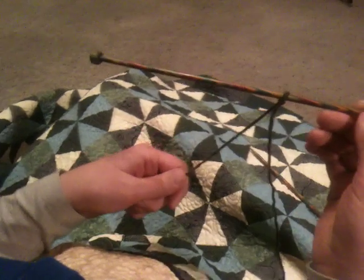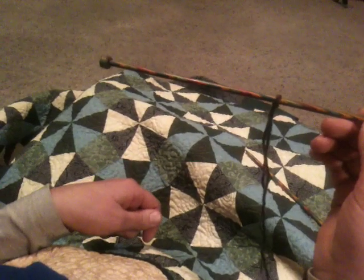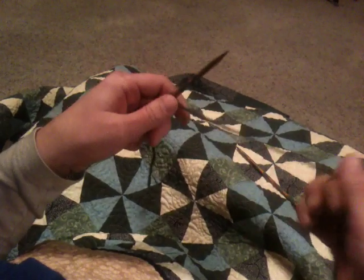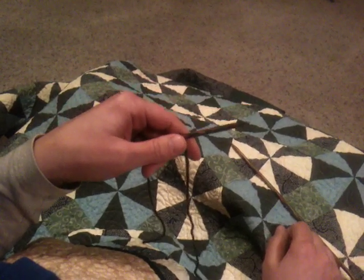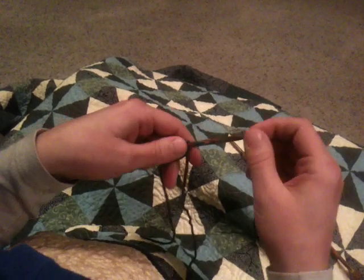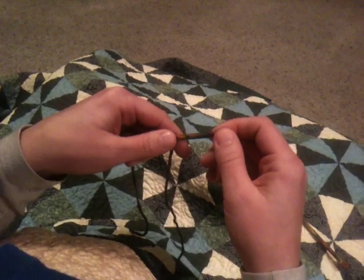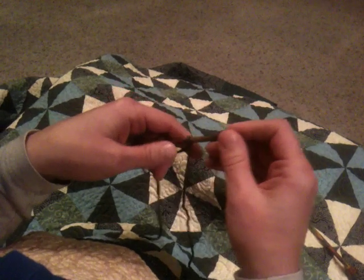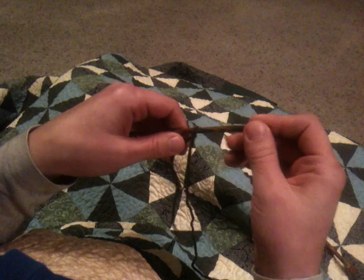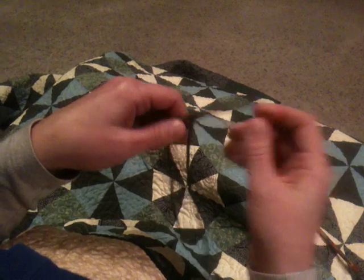So I just did a slip knot on the needle, and I'm going to cast on an odd number of stitches. I think the pattern calls for like 39, and just so I can show you complete rows, I'm going to shorten that up to like 15 stitches just for demonstration